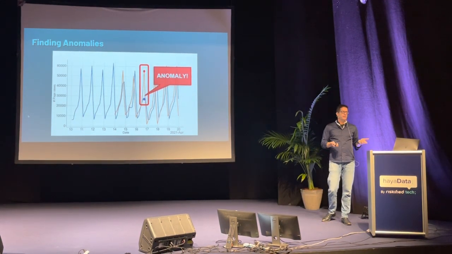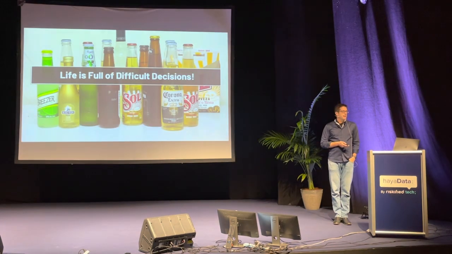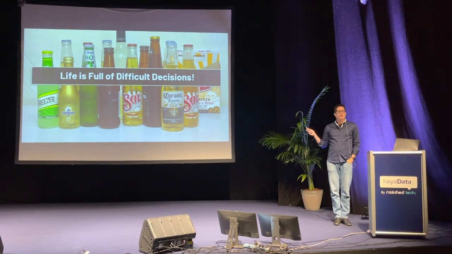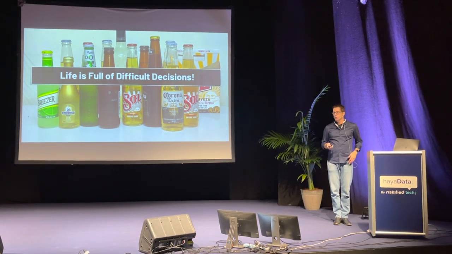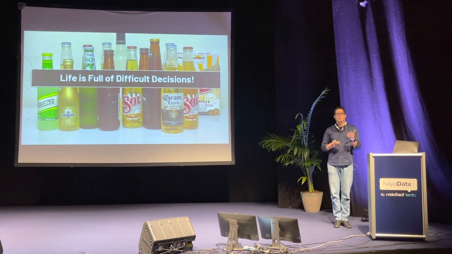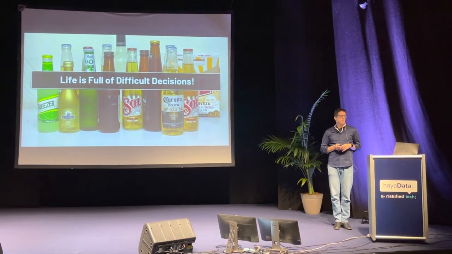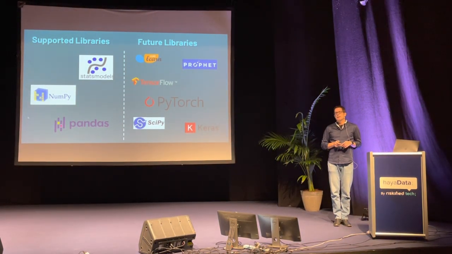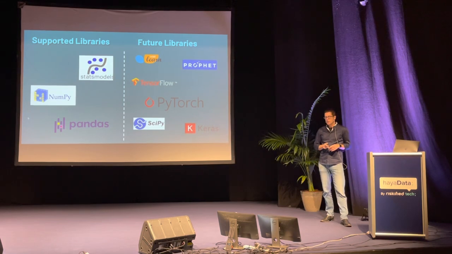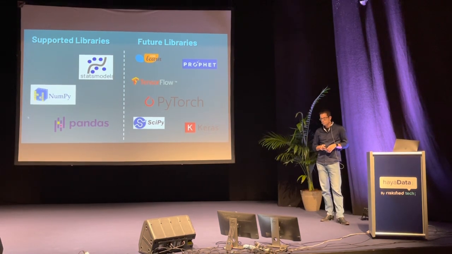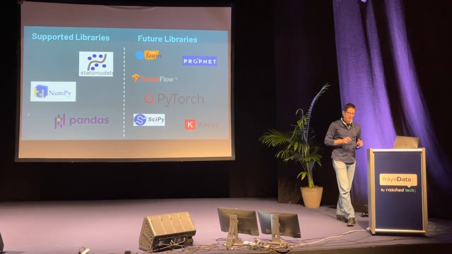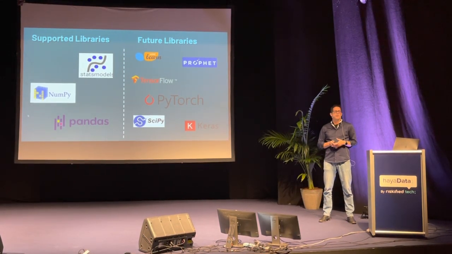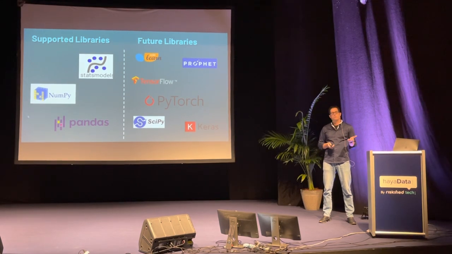All right, so we have then to choose a model, but life is full of difficult decisions, so this is usually not really easy to do. You heard, if you went to the other talks, a lot of talk about different models and trying different models for different things and optimizing them. We currently use the statsmodels library for exponential smoothing and ARIMA, and we wanted to design our system to be able to support future libraries.